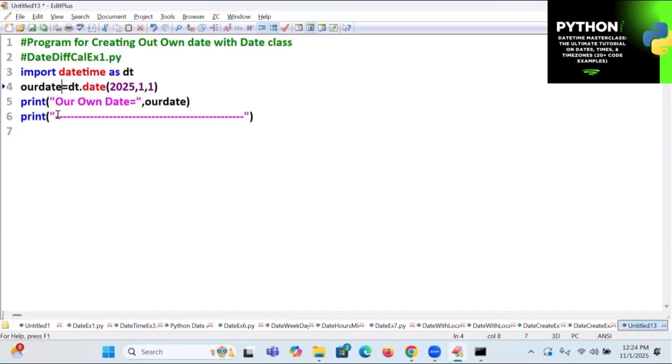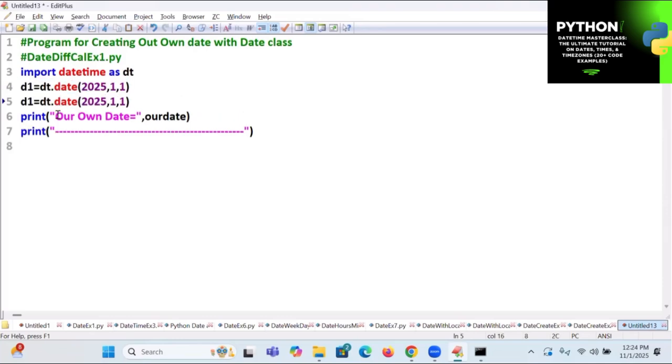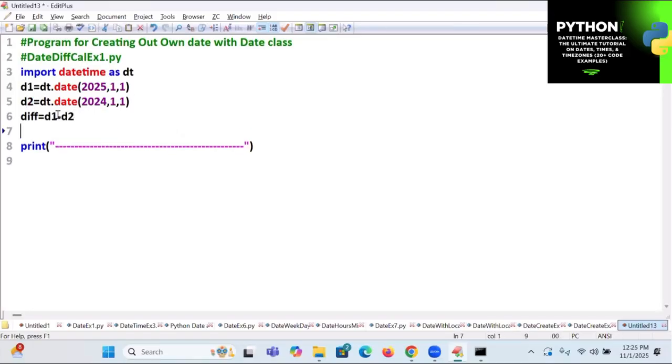2025, one date, that is called date 1. I will say D1. One more date I will create, 2024. For example, for easy calculation I will take 1. 2024, 1 I took; 2025, 1 I take. So what is the difference? Difference is equal to, which one is the recent date, D1 minus D2. D1 minus D2. What difference is going to come? Difference between two dates